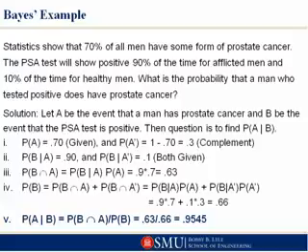Probability of B. What's the probability that the test is positive? The probability of a positive test: a test is either going to come back positive for the people that have cancer, or come back positive for the people that don't have cancer. So we look at both pieces of that and say, okay, probability of B and A is